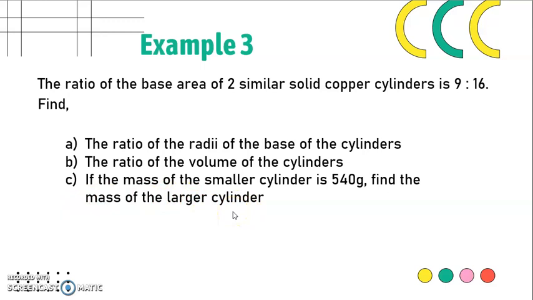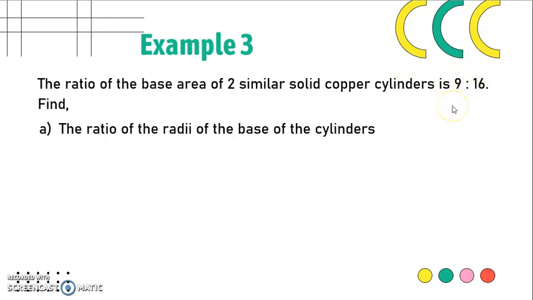So in this case, we have two similar cylinders, and the ratio is given. So let's try to do the first question: the ratio of the radii of the base of the cylinders. In this case, we have to find the ratio of the radius for two cylinders. So we have to make use of the ratio of the base area. So we know that